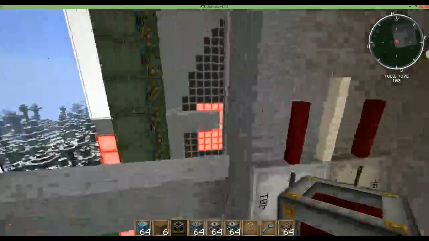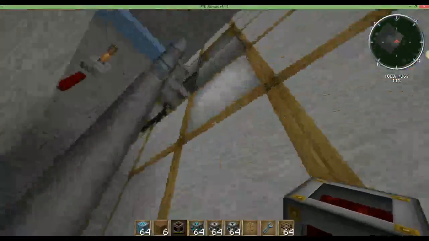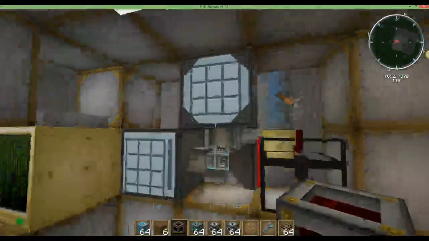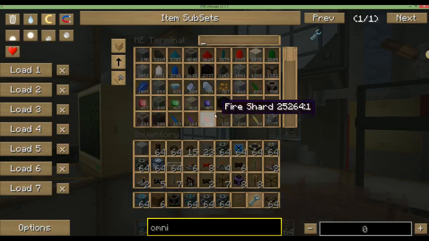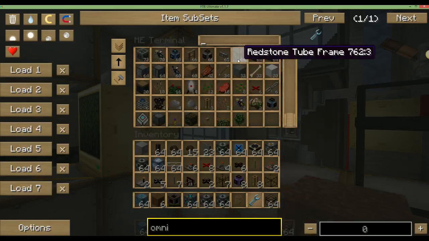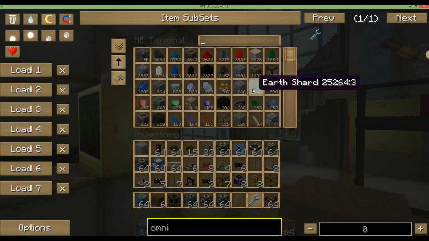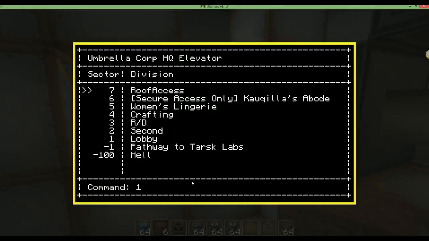Let's see, what else is there? Oh yeah, so I've got Applied Energistics as my storage system. So let me pop in here. No, that's crafting terminal. So regular terminal. So right now I've got a little bit of digging done. A couple of my own devices got chucked in here as well. Not really too worried about it. Let me go back to you. Let's go back down to...